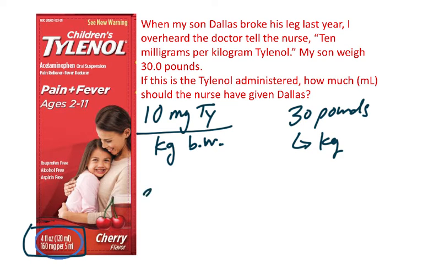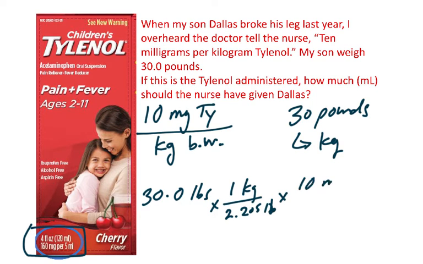So we have 30.0 pounds, starting with the known quantity, as always. We have to find the conversion between pounds and kilograms, and put kilograms on top. So you should have found that 1 kilogram is 2.205 pounds. And then we have 10 milligrams of Tylenol per kilogram. So pounds cancels out, kilograms of body weight cancels out, and we're left with milligrams of Tylenol. And that would be